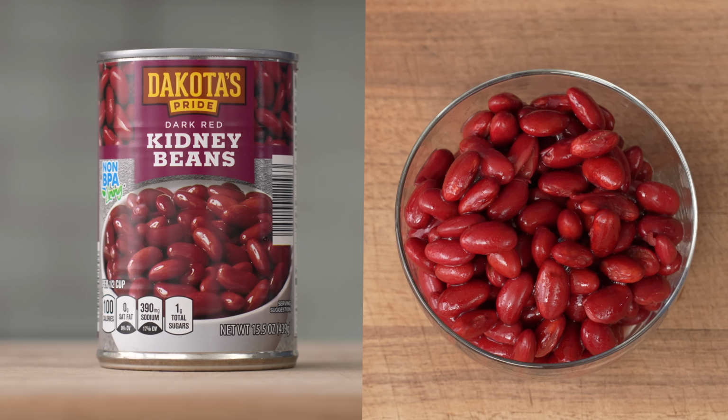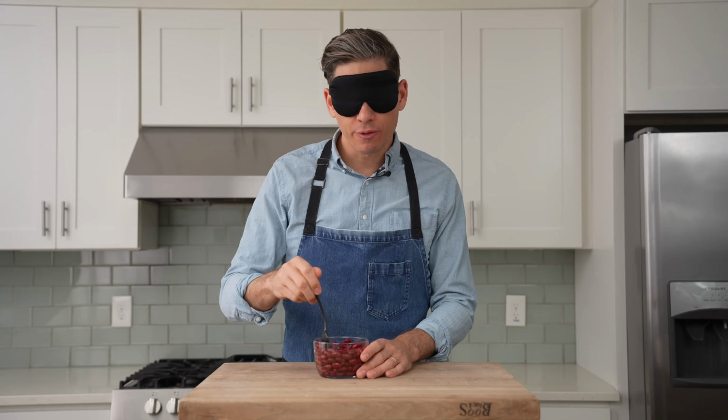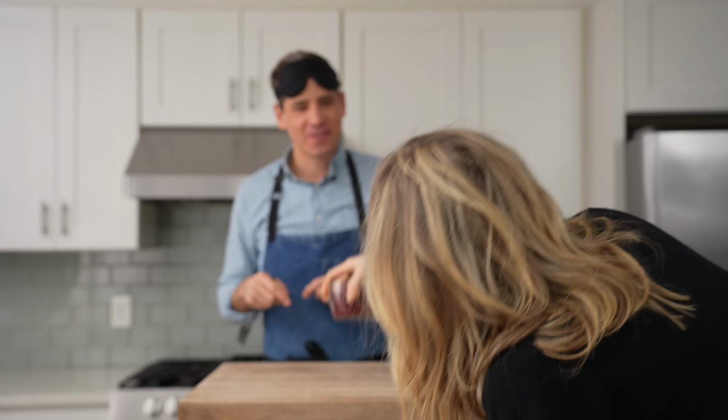Finally, I'm going to taste Dakota's Best. I got this one at Aldi. Almost too firm. Like kind of calcium chloride-y. This is my 3rd favorite bean. Bean 2 is the winner. Oh, wow. It's...